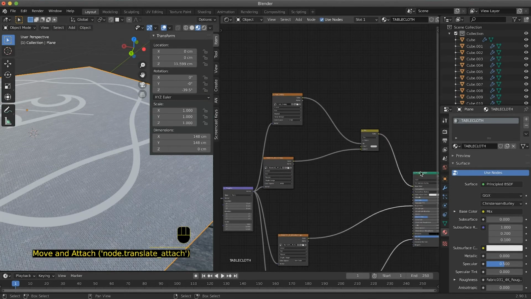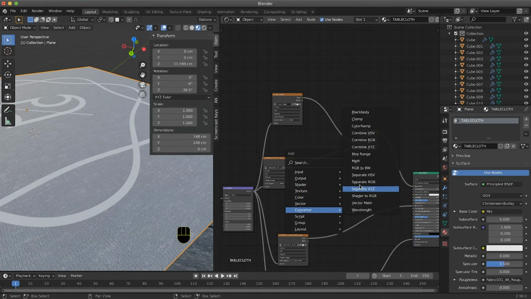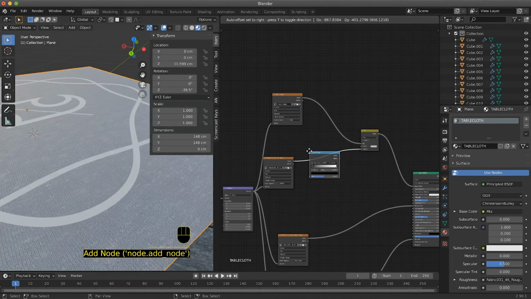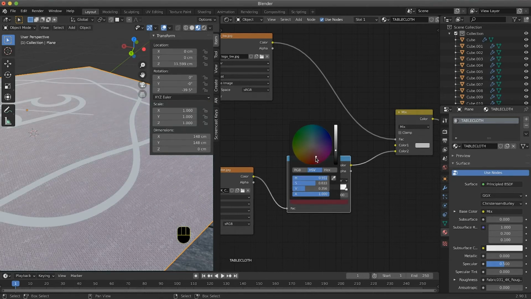I would also change a little bit the color of the clothes, and to do so I can add a color ramp and I can play with the two colors.